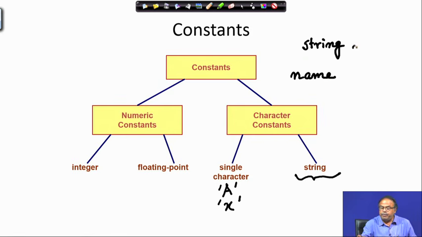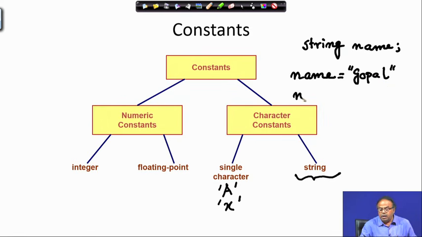So, a string type variable named name, and I can assign some value to this string, like G O P A L. A number of characters taken together form a string of characters.